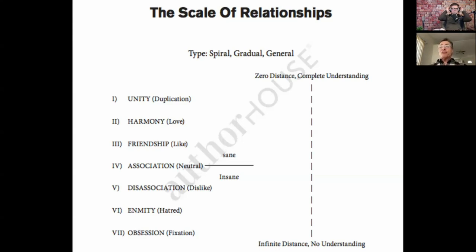Then we come up to 3. At 3, we find friendship. Friendship is where you like somebody. So you see, it's getting closer here. You feel some closeness with this person. It's like an internal sense of affinity that you have. And that always accompanies some understanding. You understand this person. You see, you can sort of, even if you're not holding the same opinion, you understand the person. In other words, well, all right, I can understand how that person would do that.